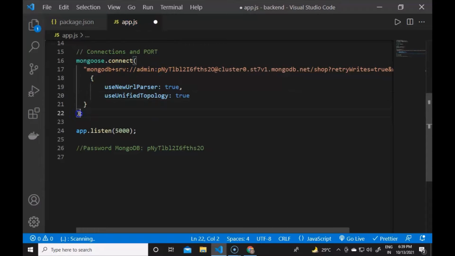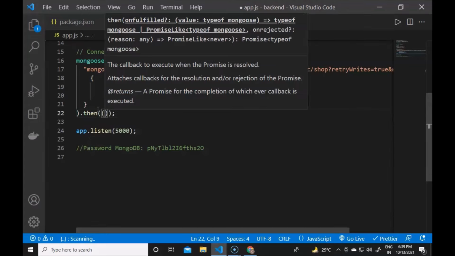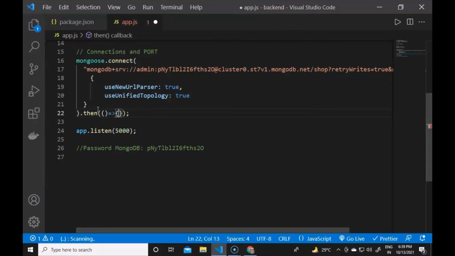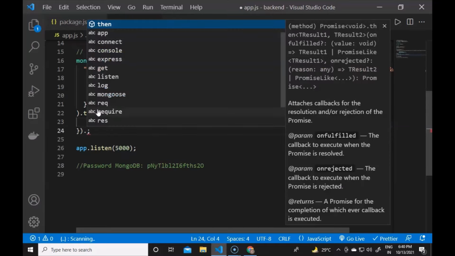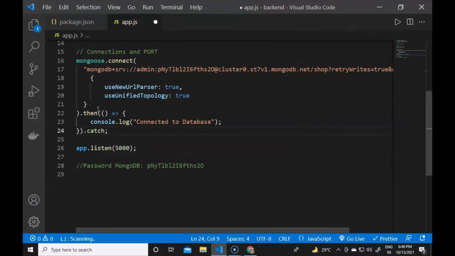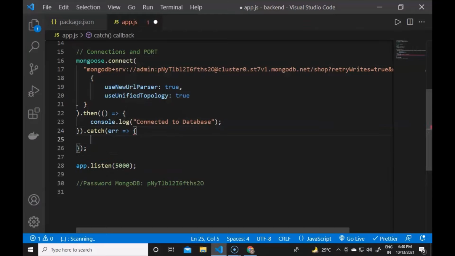So for the mongoose.connect we have to use here the then. It will be the then, and then there will be the callback function within it. And then you will see we will have console.log in the console window that connected to database. Or else there will be the catch part also, and if there is an error in the connection, then we will catch this error from here, and this will be the callback function again in the arrow function. So then the error, we will just console.log the error.